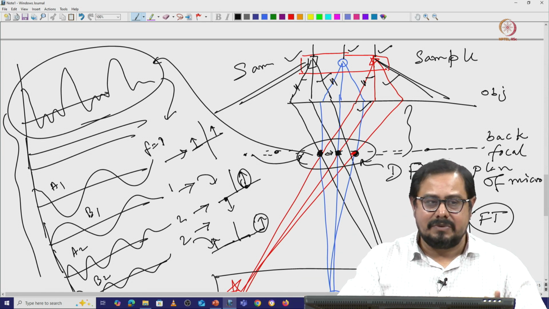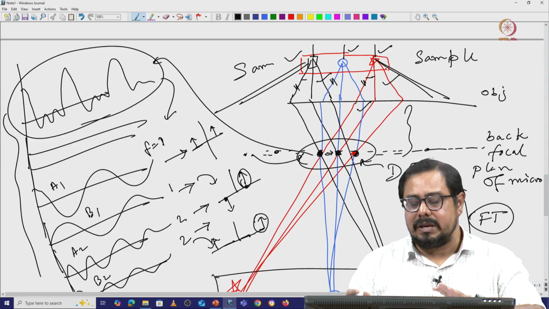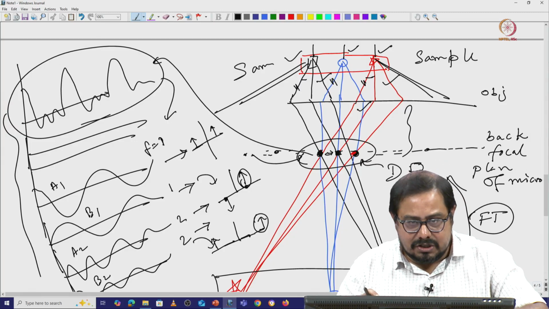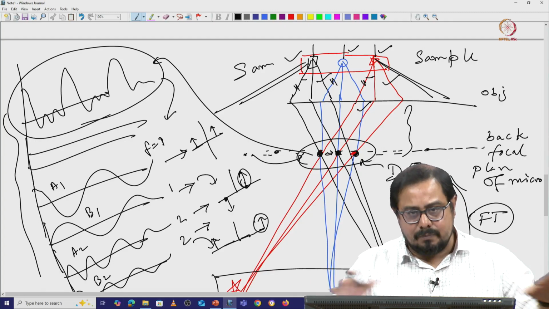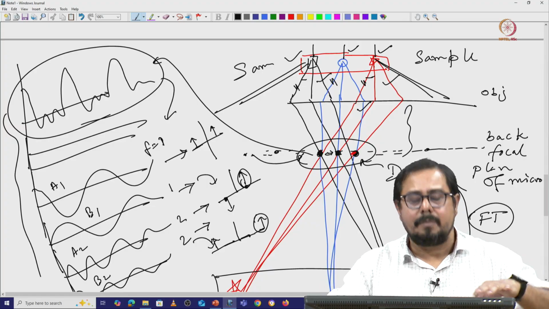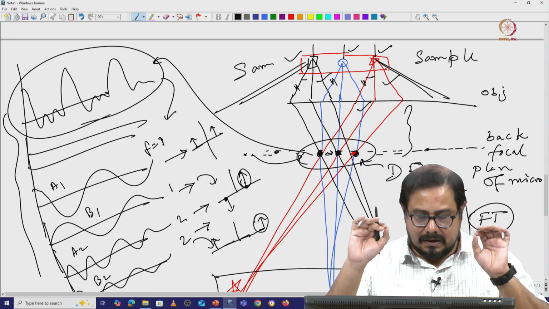But here I am just representing this entire thing, so it will be clear to you how we can correlate the image with the diffraction pattern, and the decomposition of the sine wave, as well as, if we want to decompose any function with sine and cosine waves, how we represent those things in a diffraction pattern.